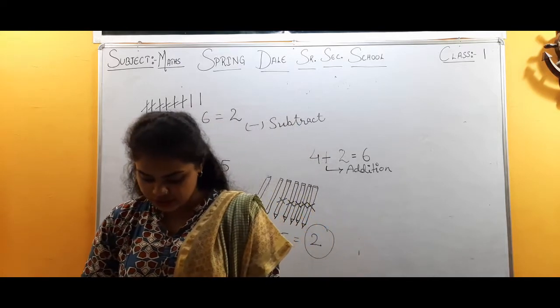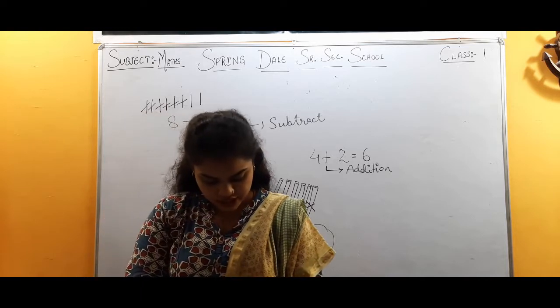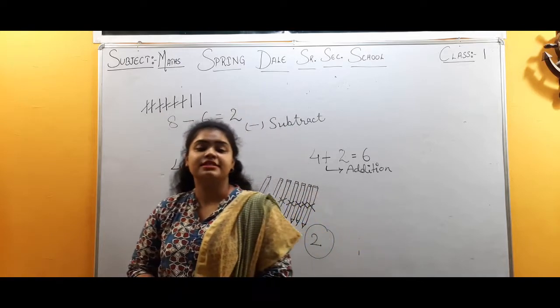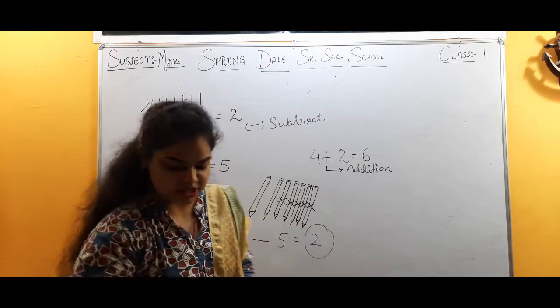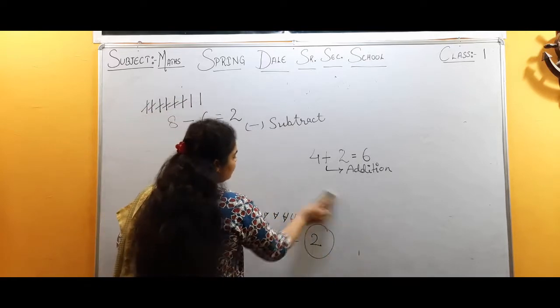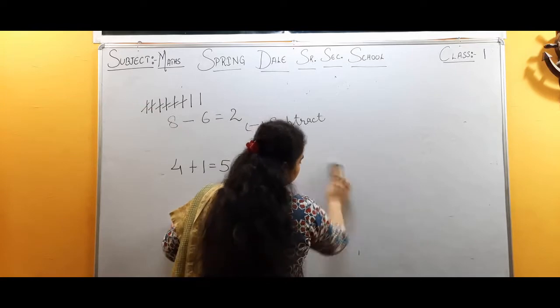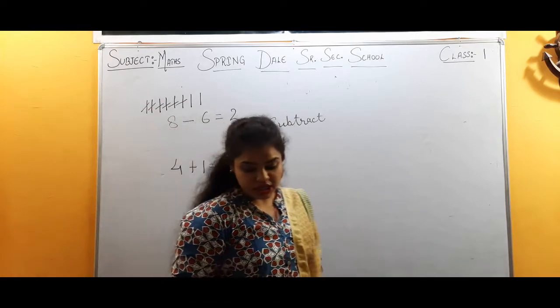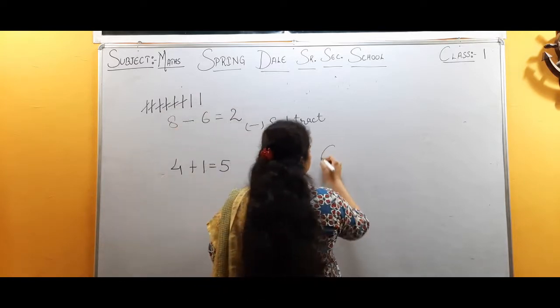So children, coming to the next page number, we have page 30. वर्टिकल सब्ट्रैक्शन. जैसा हमने वर्टिकल एडिशन किया था वैसा ही वर्टिकल सब्ट्रैक्शन भी करेंगे. हमने वर्टिकल एडिशन कैसे किया था? हमने ड्राइंग्स बनाई थी, एक ऊपर बनाई थी, एक नीचे बनाई थी, फिर हमने उन्हें काउंट करके नंबर्स लिखे थे. एक एग्जांपल लेते हैं.